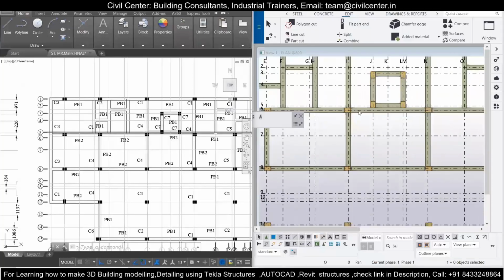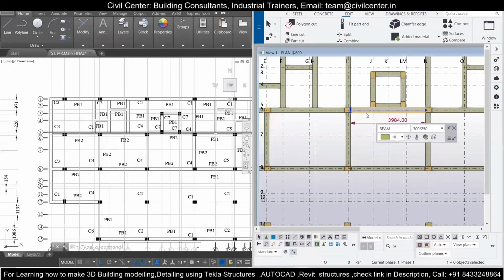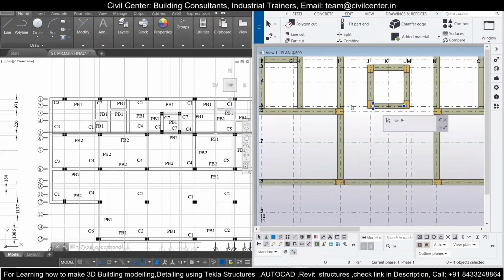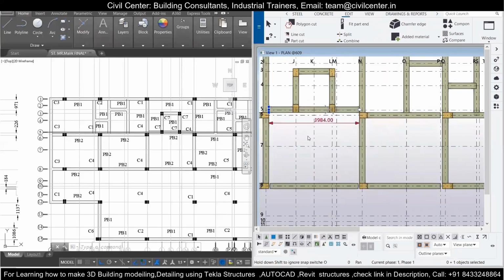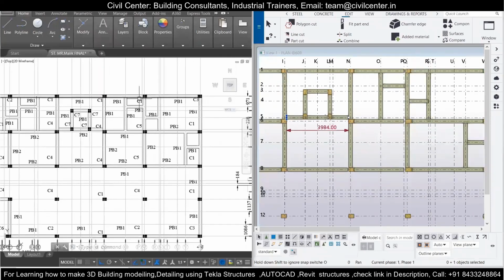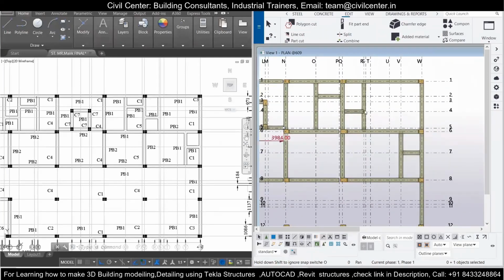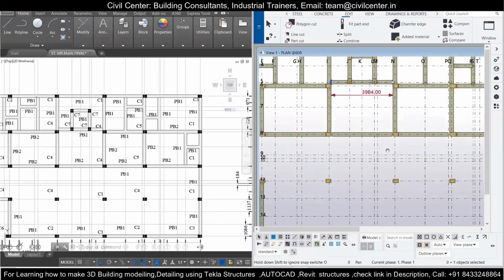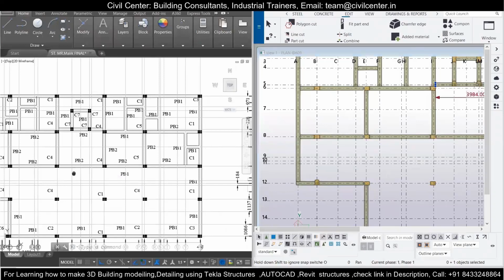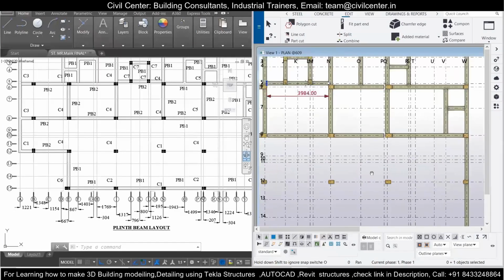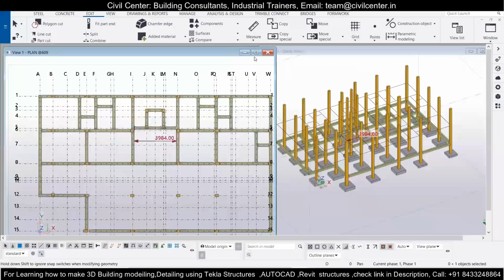I have already displaced all the columns, and now you can see I don't need this beam, so I will simply delete it. Here I need this beam till the end, so I will select it and drag it over here. I will also guide you with the use of the split tool, but first let's fix all other beams. Since the columns have been displaced, I have to elongate the beams from some points and reduce the size at some points.